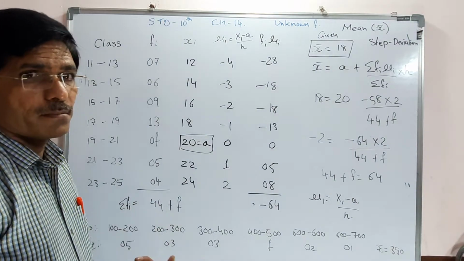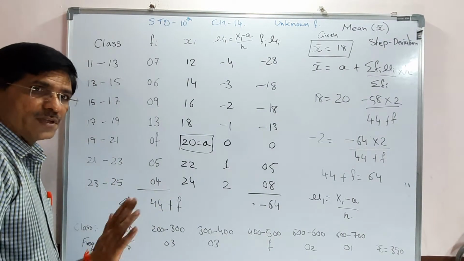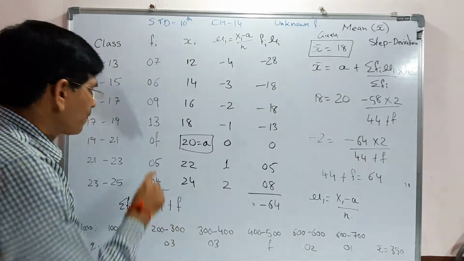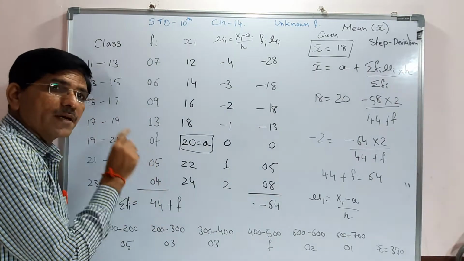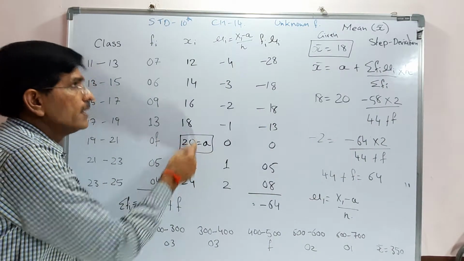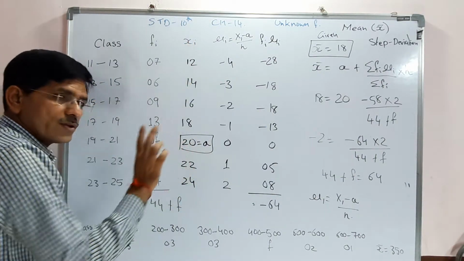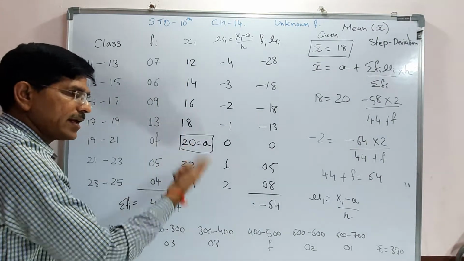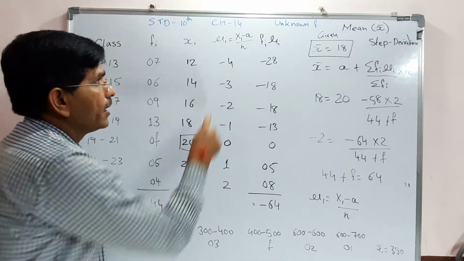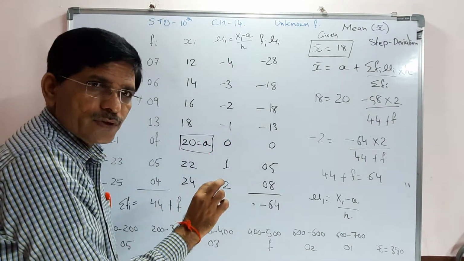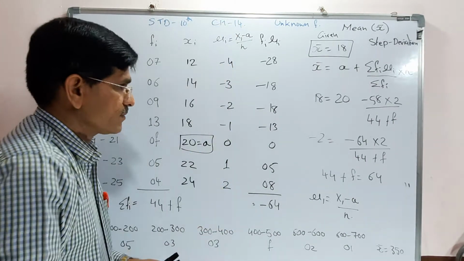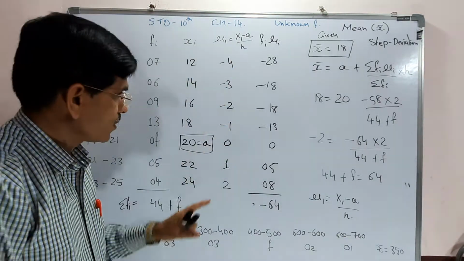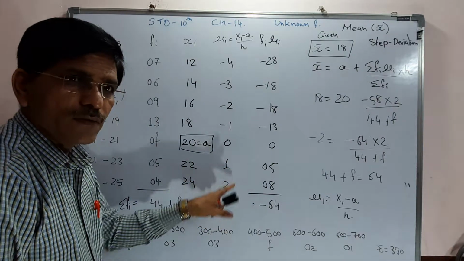But for such type of sum, don't use this method. Which method do we have to accept? Wherever there is an unknown frequency f, at that time the xi in front of f we have to assume as a. Again ui we can directly put 0 there, above it -1, -2, -3, -4, and below it positive 1 and 2.